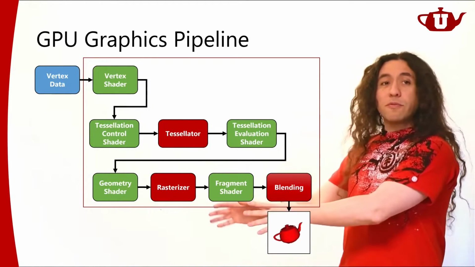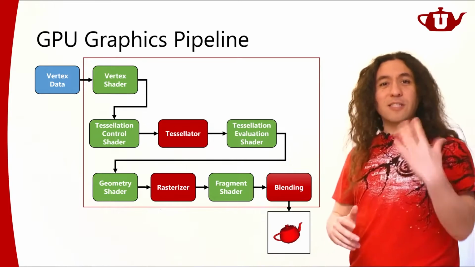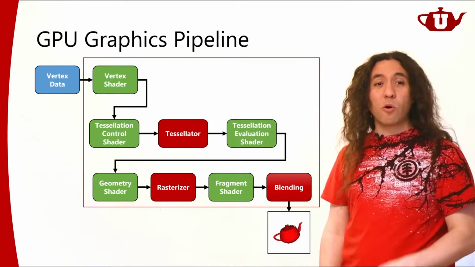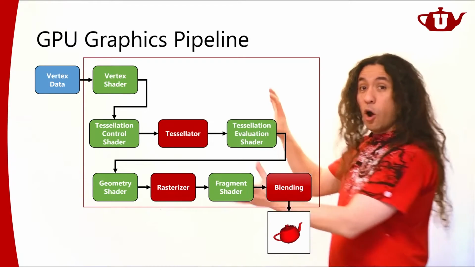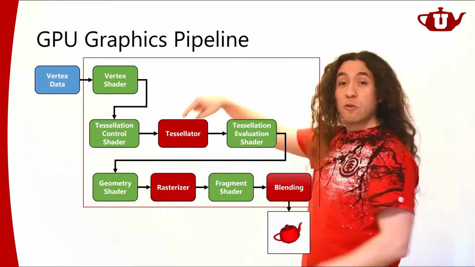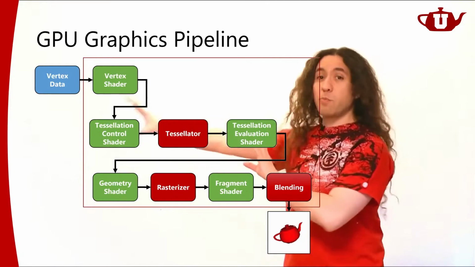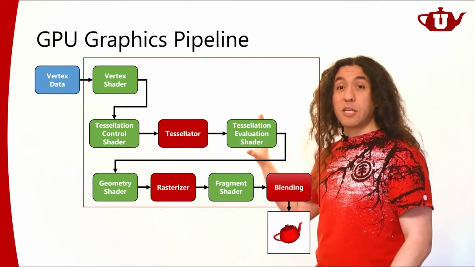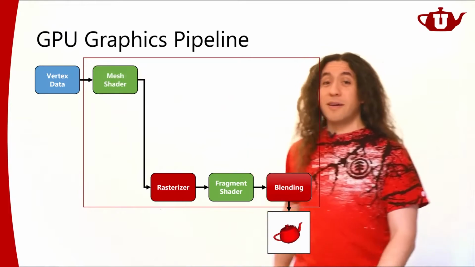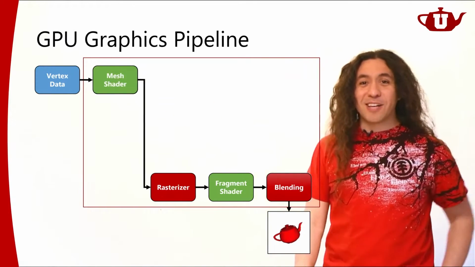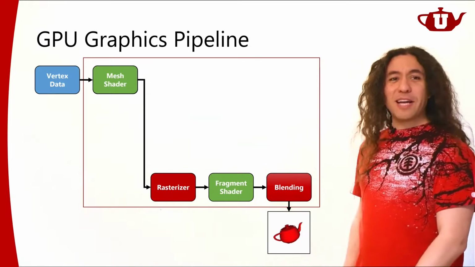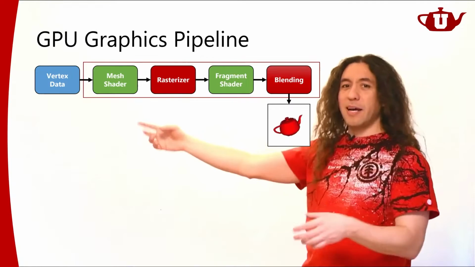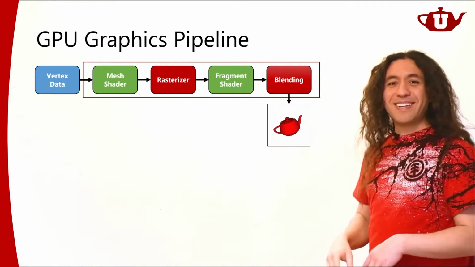The whole concept of mesh shaders is designed to simplify all this mess and make it look quite a bit more like how the hardware operates. So all this stuff that comes right before rasterization, this vertex primitive pipeline, will collapse into this one mesh shader. When you have a mesh shader, this whole pipeline simplifies quite a bit. I just have my data, mesh shader, rasterizer, fragment shader.